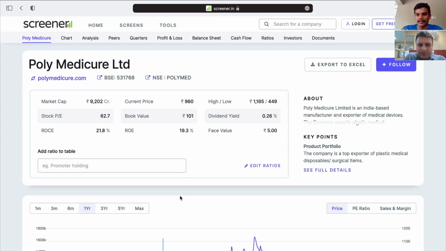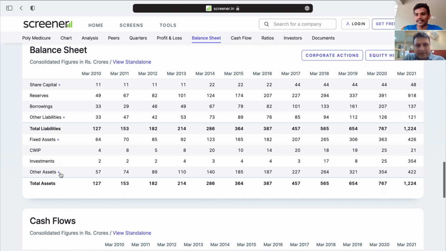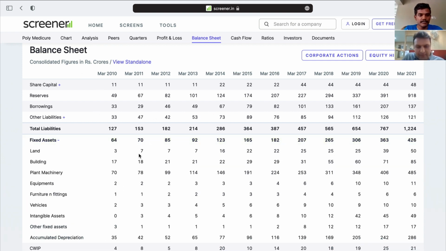Hi, Kaushik. Like you mentioned, very often when we are analyzing the balance sheet, earlier we used to get this brief snapshot wherein we could see the fixed asset, the CWIP, and then the other line items of the balance sheet. Now, if somebody clicks on the expand item, you will get a detailed breakup of what comprises this fixed asset. It's useful for me personally to see that out of 426 crore, a large part has been invested into plant and machinery for this company.